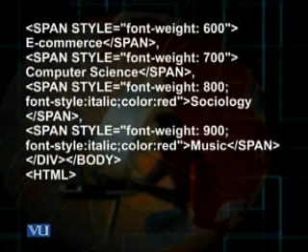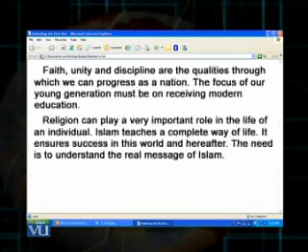Then we close the div tag, the body tag, the HTML tag, and you have already seen the result against this code. We can also use a property text indent in style sheets in order to provide the indenting for the first line of a paragraph. So where I want my first line of a paragraph to be indented up to 0.5 inches, I can use this property text indent in the inline style, and accordingly the result would be displayed for me. There is a slide you can see as an example.